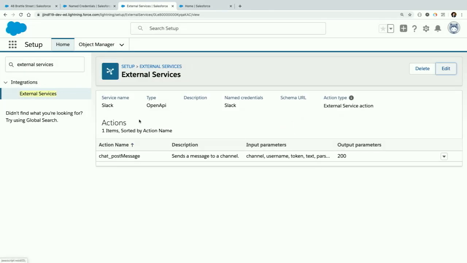And you'll see here, it lists all the actions that I registered with that specification. The one action that I registered is this ability to post a message to Slack. And I can send some input parameters. So when I call Slack, I can specify what channel I want to post the message to, and maybe what the text of the message should be. And then, of course, Slack is going to send me a response after I send that message.